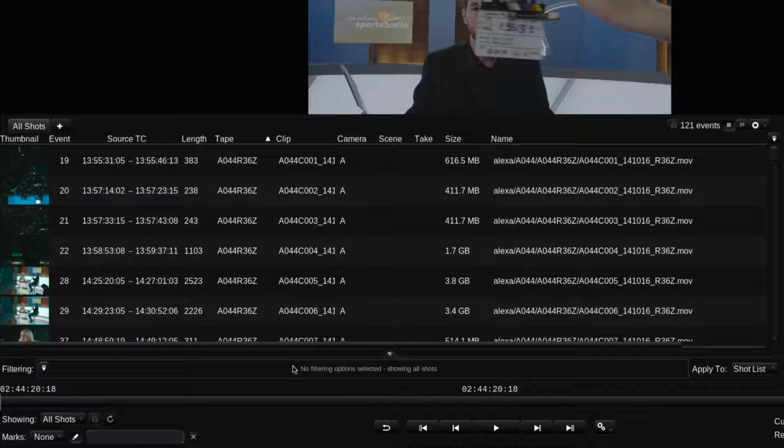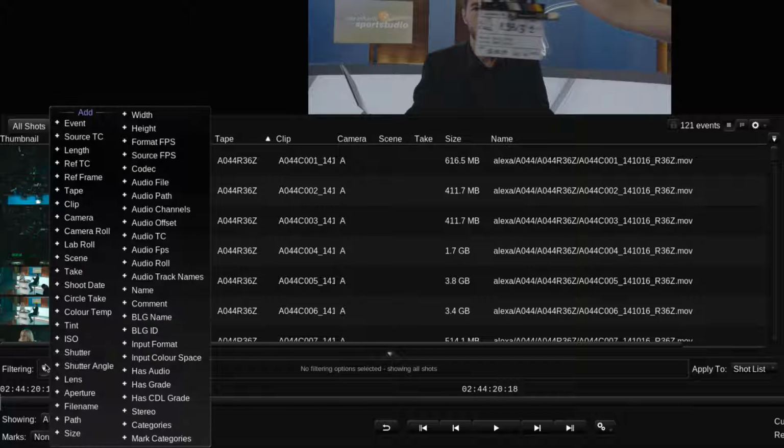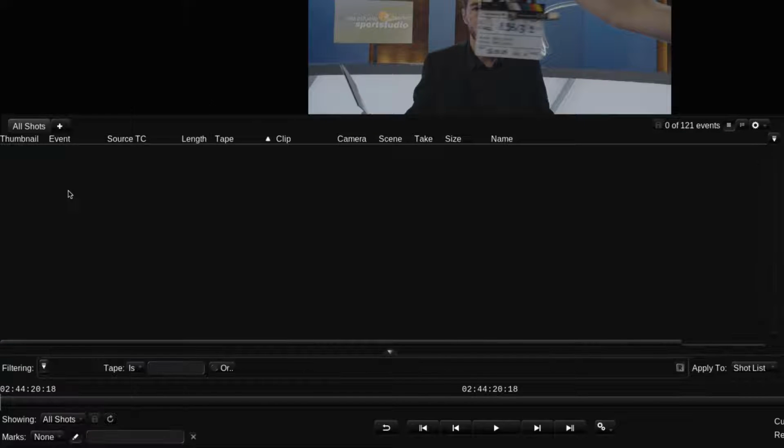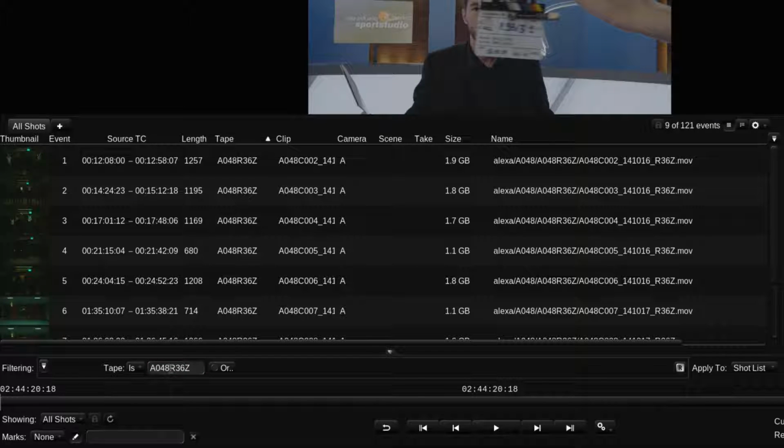So if I only want to view the shots with a specific tape ID, for example, then I can add tape as an item to the filter and then specify the tape ID. I can also find all the shots which have a partial match, for example shots with a tape ID which starts with A04.